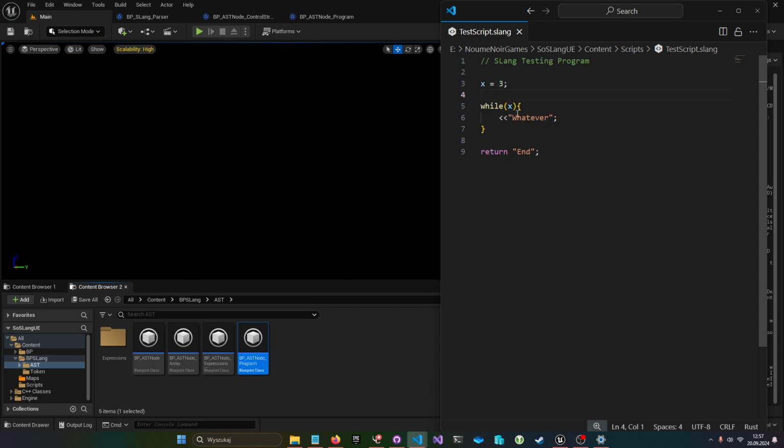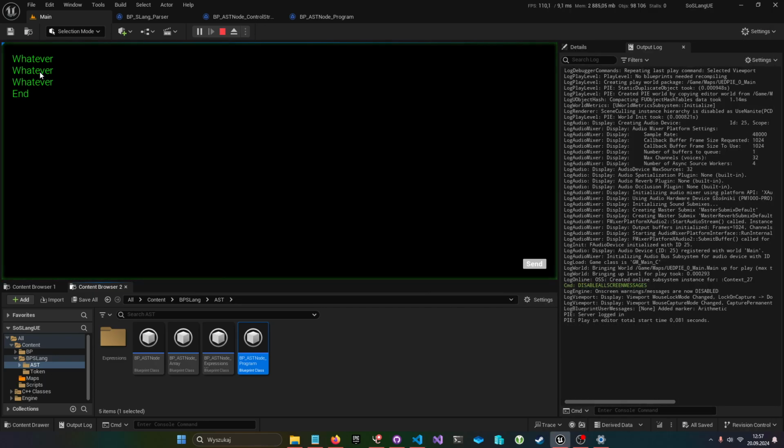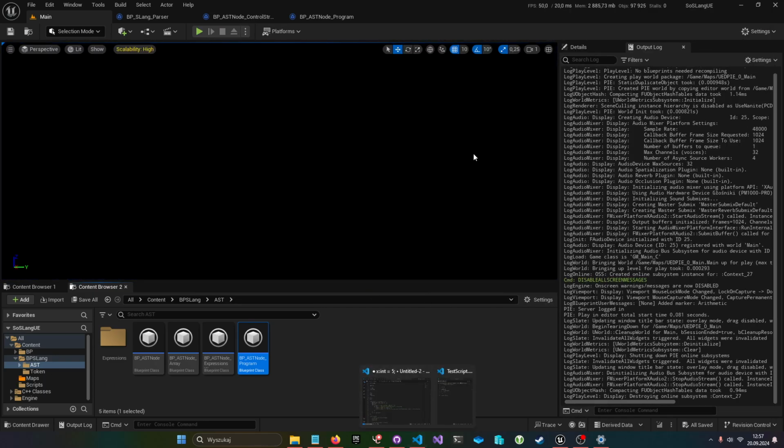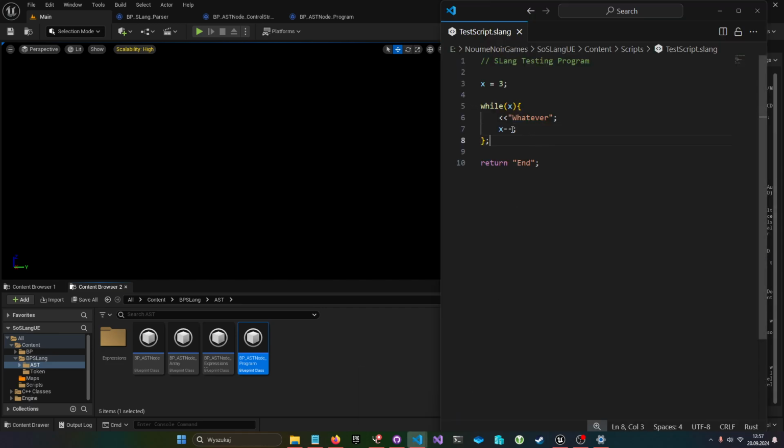But of course it will always be not 0, so we have to add some kind of decrementer. So let's add this, and this should print 3 times, or 2, I guess. 3. Worked perfectly.